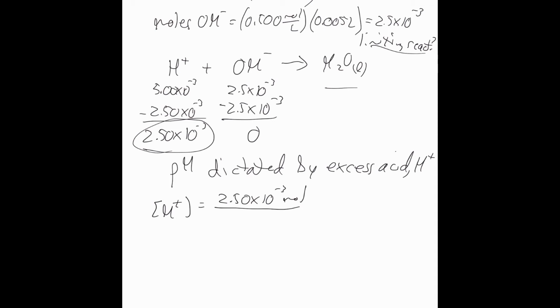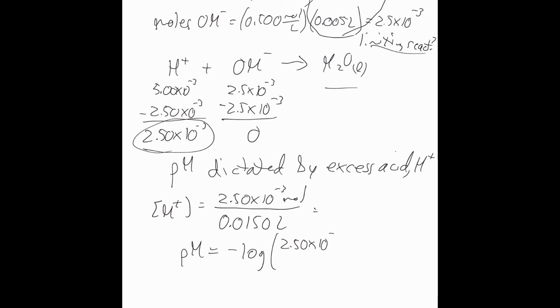Now how many liters do we have? Well, you'll notice we added 10 and 5 milliliters together. So that's 0.0150 liters. If we divide that out, I think that's 0.166. But then if we do the pH of this, it's negative log, and I didn't write this down, of